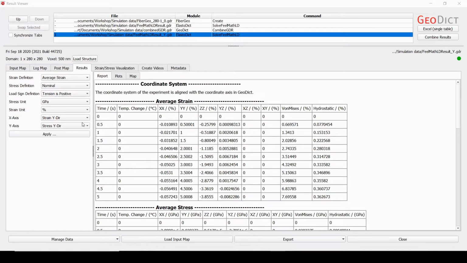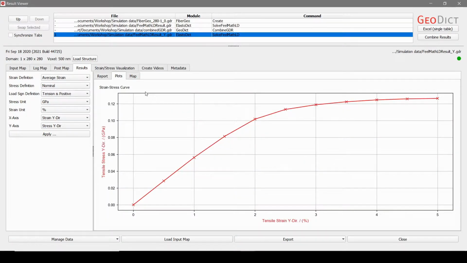So now after the break, all simulations should have finished and we can have a look at the results. We again have a report, but we already looked at that, so we go to the plots. In the plot we now see a plastic behavior, so here we see the plastic deformation. And if you want to, you can also change, for example, the unit of the stress in your plot.